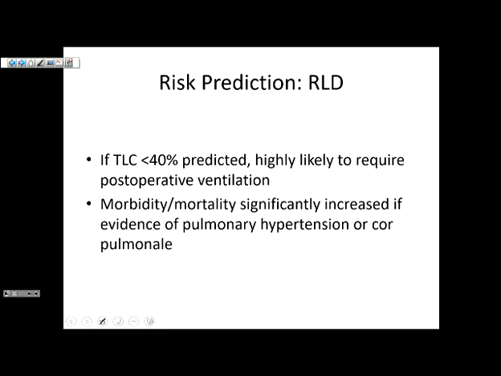Highly likely to require postoperative mechanical ventilation. This is a logistical issue. Tim said it here. You guys are probably saying it there. Don't have your speakers on. We need to make sure that we've planned for that disposition. If this person is planned to be done as an outpatient,